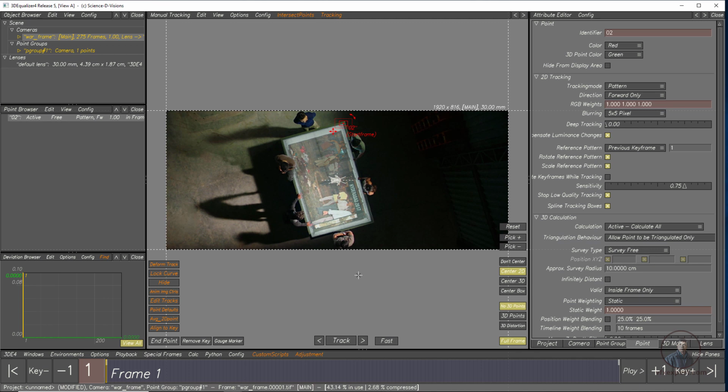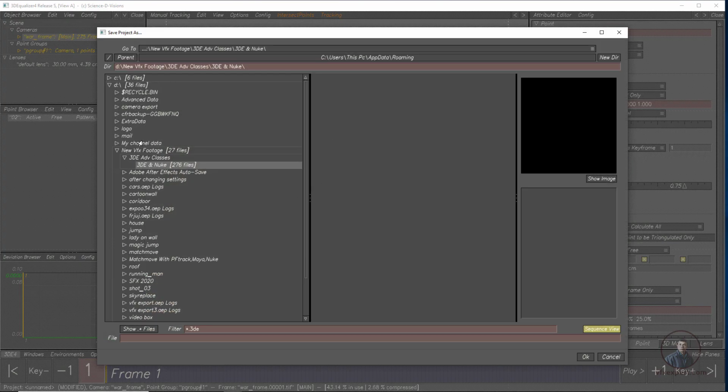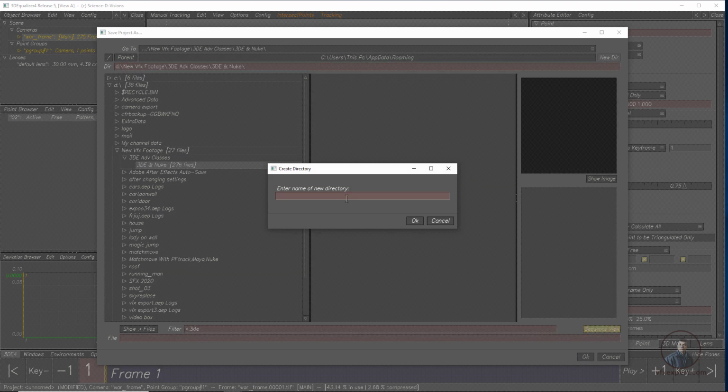After this, suppose you want to save your project: simply click on 3DE4, then click on save project. Then from here you can select your folder or directory. I have selected this one. In this folder, if you want, you can create a new directory or folder. Simply click here, new directory. If you want, you can give a name.